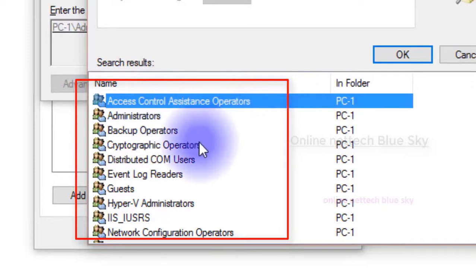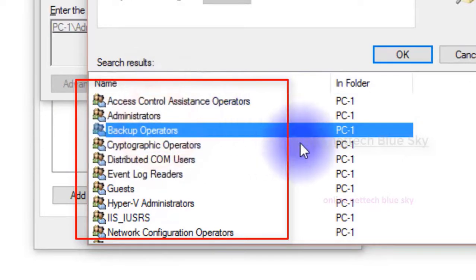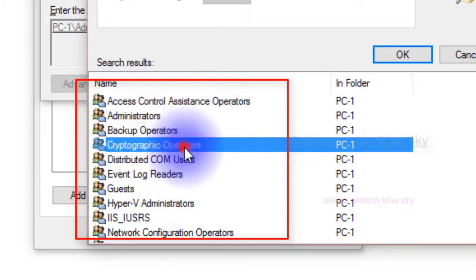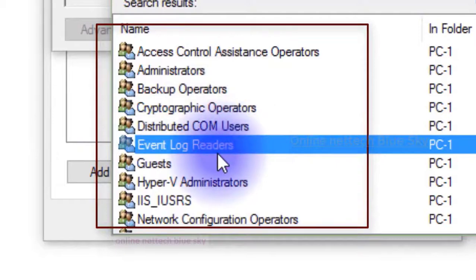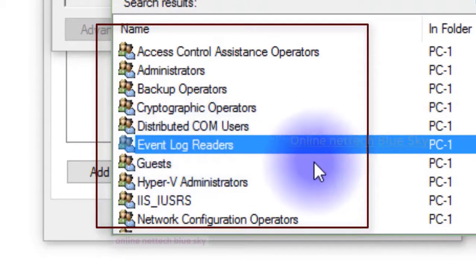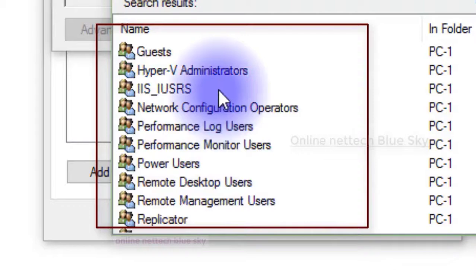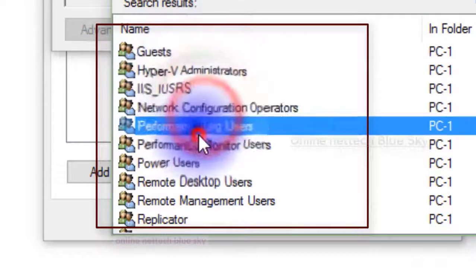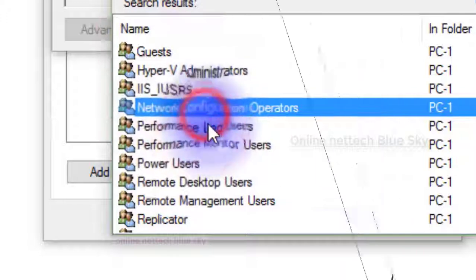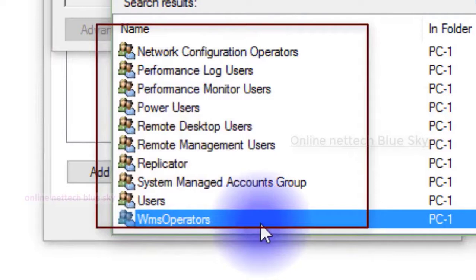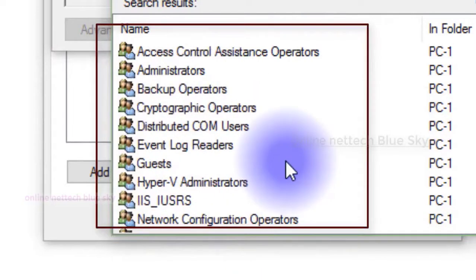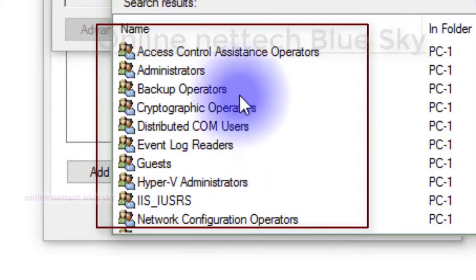Maybe you connect other systems, what are the Backup Operators groups? So you can see these two types and Administrators. So this is very important. This is showing Cryptographic Operators, Guest, user, Event. So every user is particularly special, working on special performance and special tasks, and these types of users are already created by the Windows operating system. So we are not working on other systems, we are talking only about administrator and user.